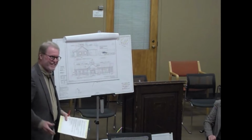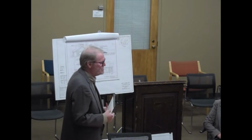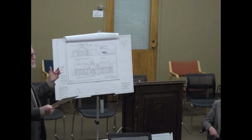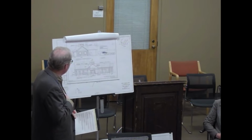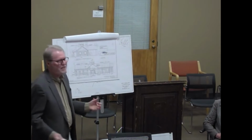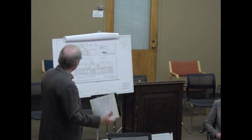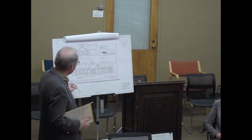So it could be a fishing lodge in the Adirondacks, as Mr. Hammond and I had a discussion about, or it could be in Vermont, or it could be in Maryland, and they all look a little different. So we're just trying to capture a little essence there and change the aesthetic of the building. And there are some present elements there that we're trying to retain and not reinvent the wheel, again, because of the limited budget on the building. So we felt the biggest bang for the dollar would be to readdress what the building facade looked